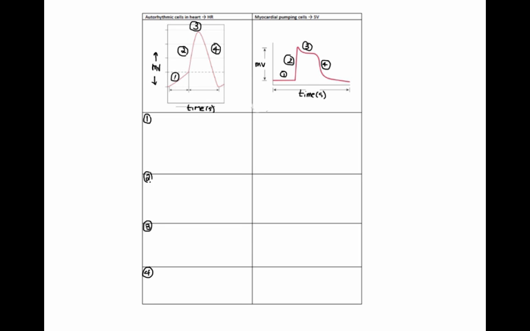Okay, in this video, I'm going to explain the difference in the action potentials between autorhythmic cells of the heart and pumping cells of the heart. So recall that the autorhythmic cells make up about 1% of the myocardial cells, and that the autorhythmic cells that are in the sinoatrial node generate action potentials the fastest, and these are the ones that actually generate the rhythm